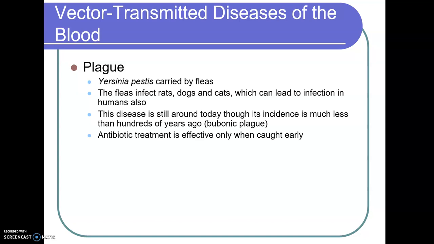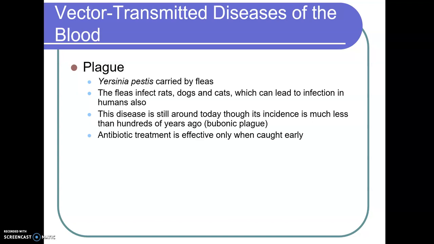There's probably whole entire books dedicated to talking about the Black Plague and what was all going on at the time. Like I said, reading about it in your book, go for it. You just need to know the cause of the disease, which is the bacteria Yersinia pestis. The vector is the flea, so the flea is what spreads it. The flea will jump off the rat and onto the human, and that's what can give them the plague. It's still sort of kind of around nowadays,